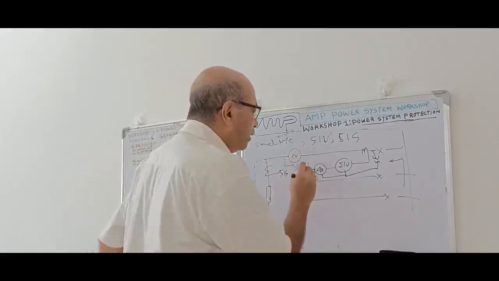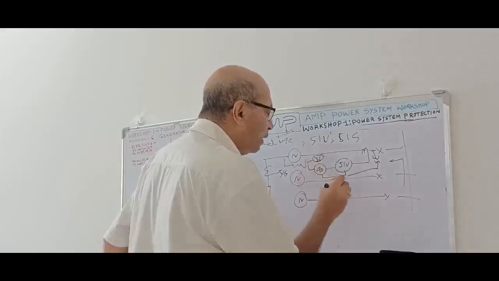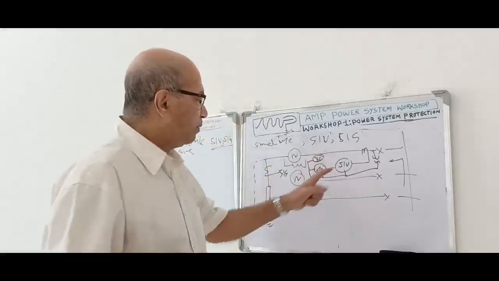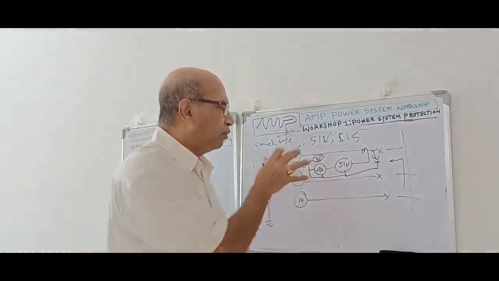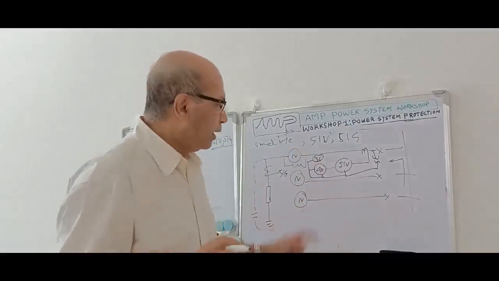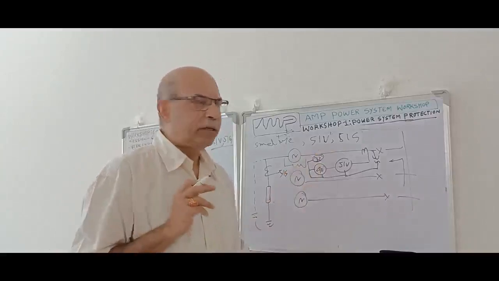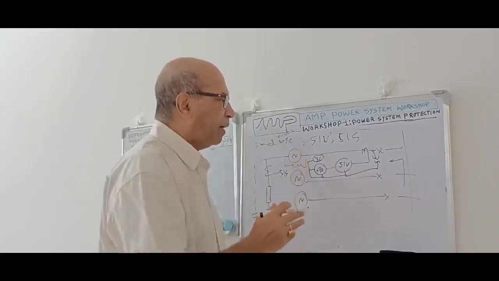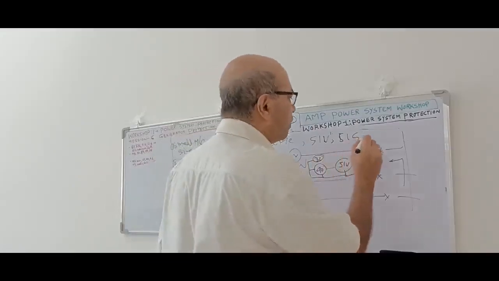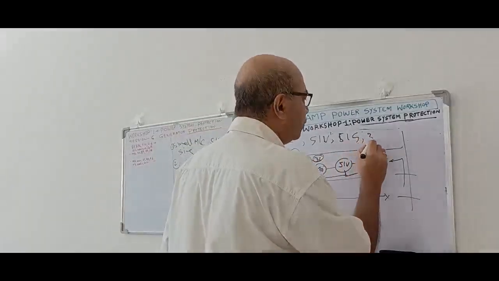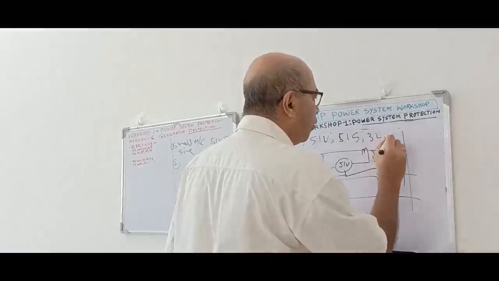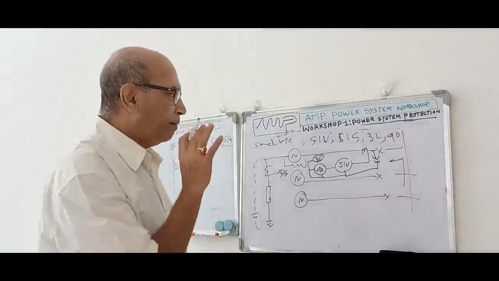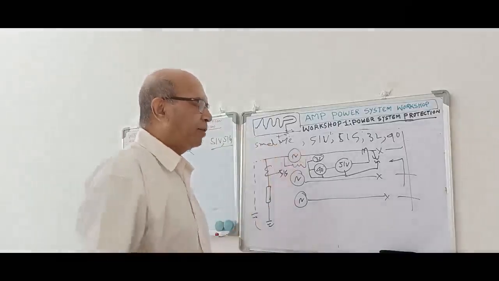So 32 will also be here, and then the PT supply will be coming to this 32 also. So these are the 51V, 40, 32. This will be the additional protection to be given in case the machine is running in parallel. So in case of a small machine in a multi-machine system, running in parallel, we have to provide additionally 32, then 40. These are the main protections we provide for the multi-machine system.